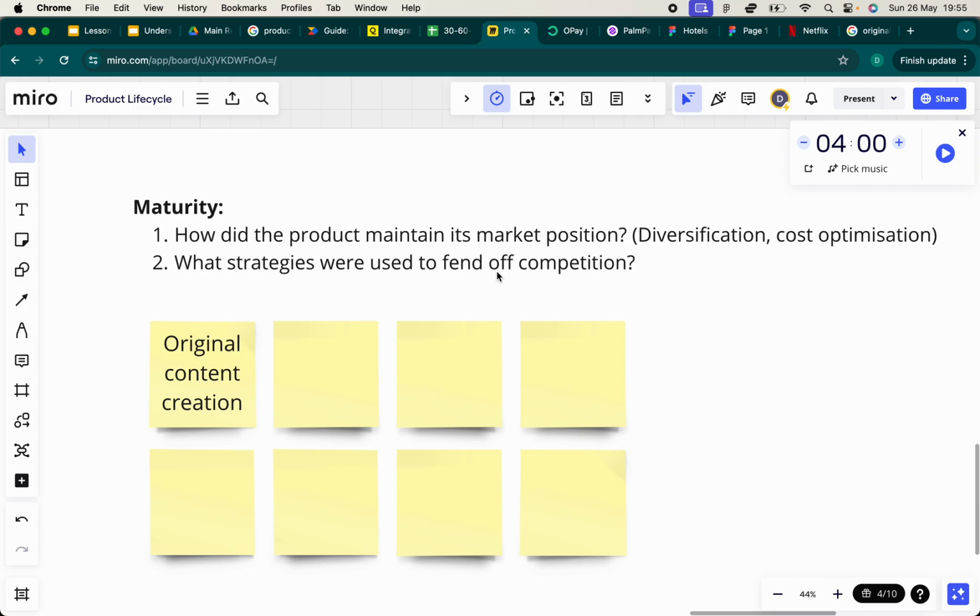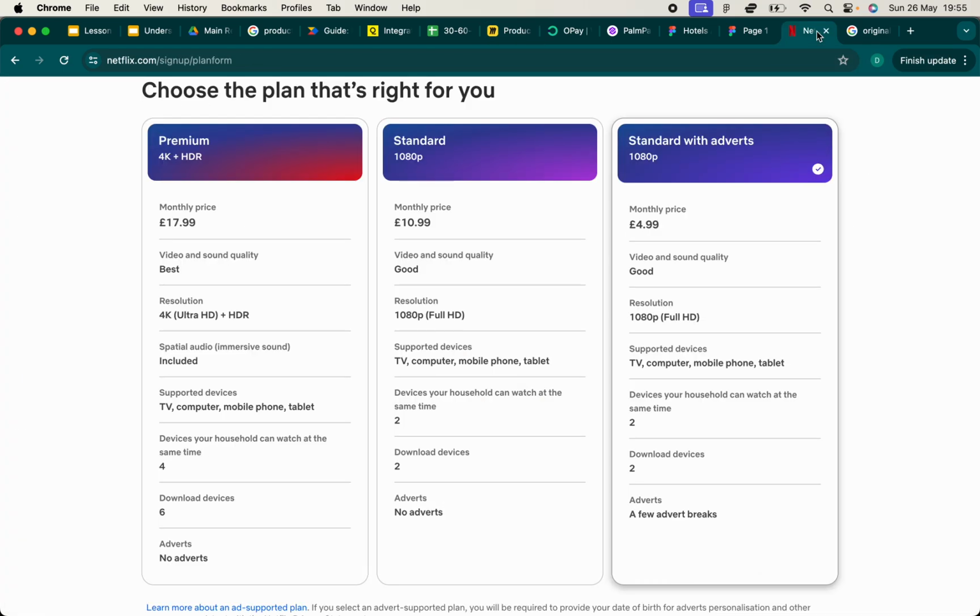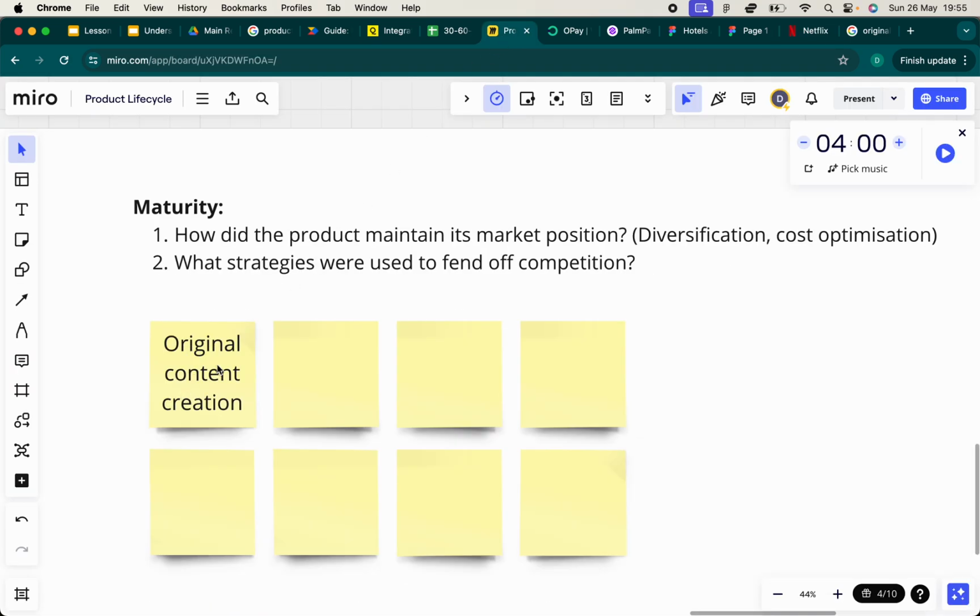All this means is to be able to discourage others from joining the business of being a host to multiple content. Because if Netflix can create their own original content, other people trying to join this market may not have the money to do what Netflix can do. And if they invest their money to do so and it doesn't yield any positive results, then that's money wasted. And so that's known as fending off your competition.